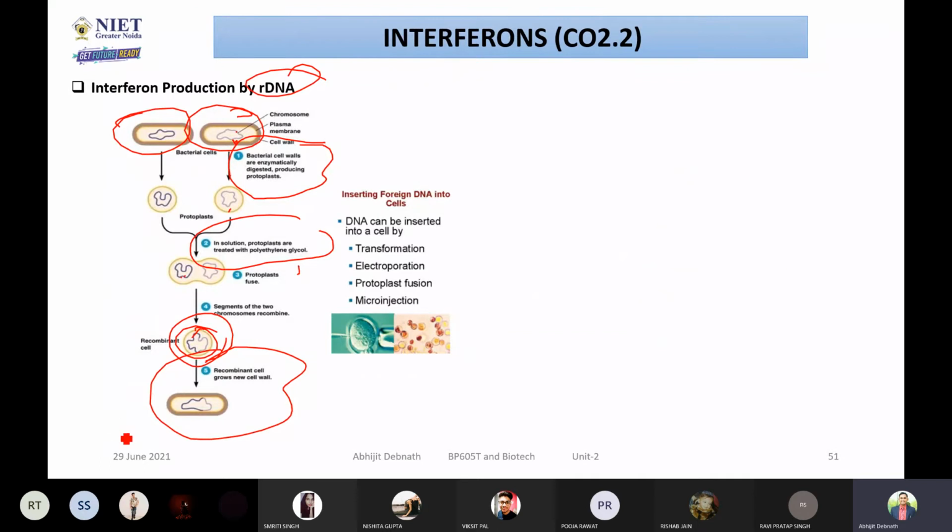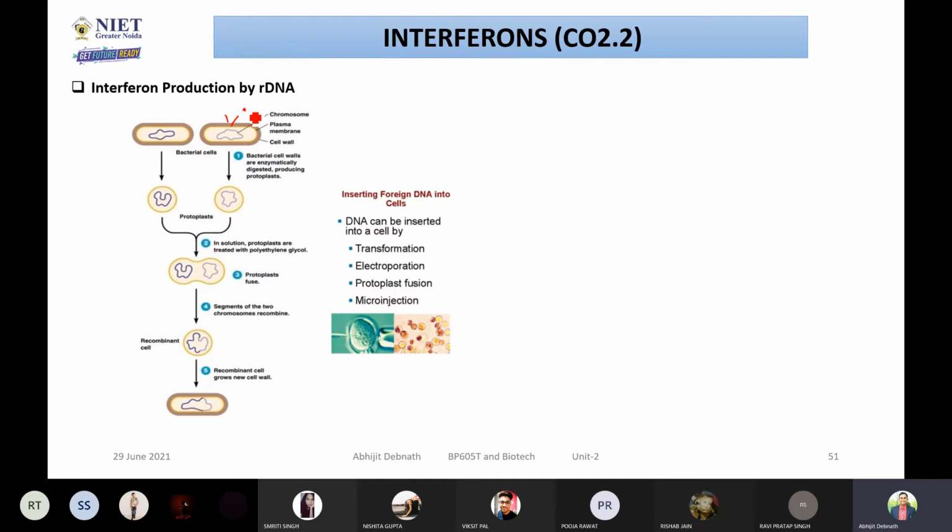Here, whatever things I have shown you, for example this is the gene of interest, and this is the vector. Both things are present in bacteria. You can also take the gene of interest in the lab, a synthetic gene you can insert. You can fix it with the plasmid using restriction and ligase enzymes. First the restriction enzyme cuts the plasmid, and by using ligase enzyme you fix it like this. You can see both are fixed, and then you express that in a cell culture so that you can get the particular protein.